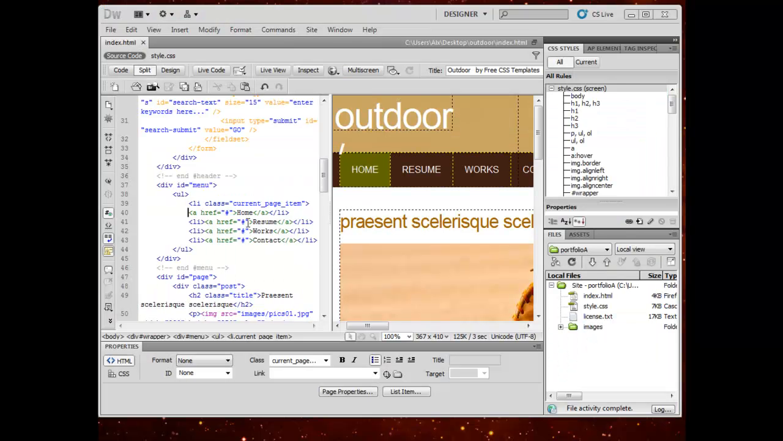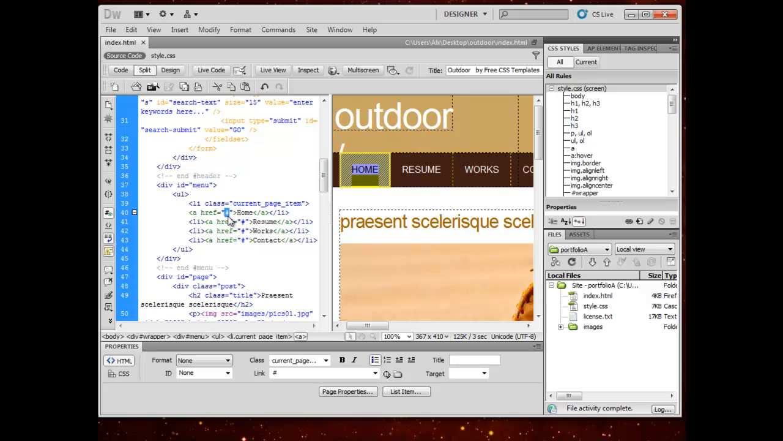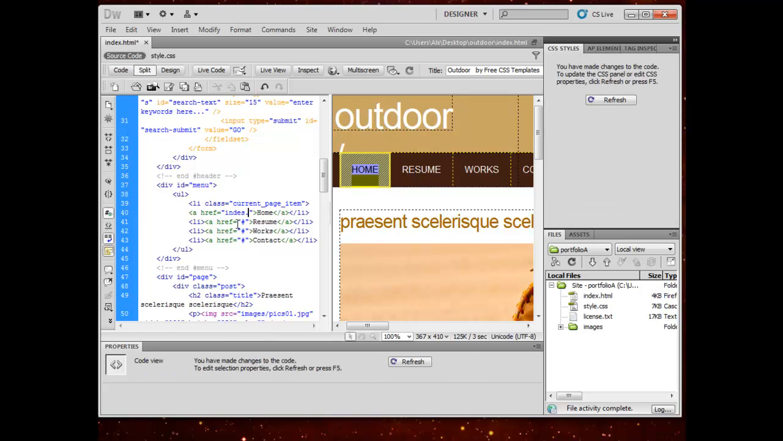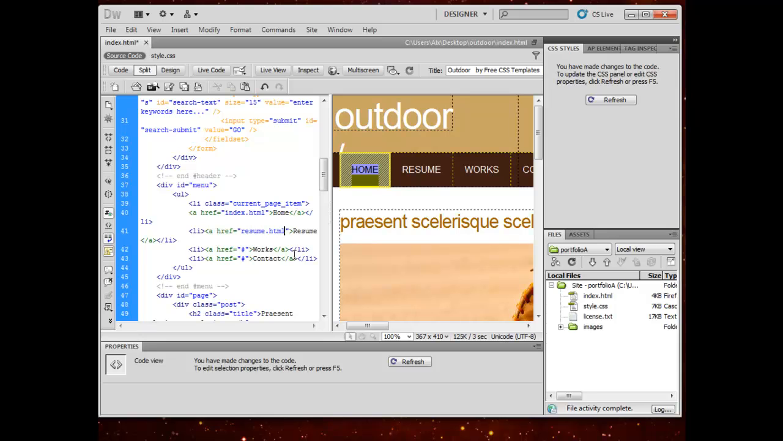Before we start creating pages though, we need to go ahead and change the navigation to wherever it is that we want to go. So for instance, home is always going to go to index.html. Resume is going to go to resume.html. Works might be going to portfolio or works. Since I call it works, I'll just be consistent and type it works.html, and then the contact page. Now that I've added places for these to go, now I can save and start adding new pages based